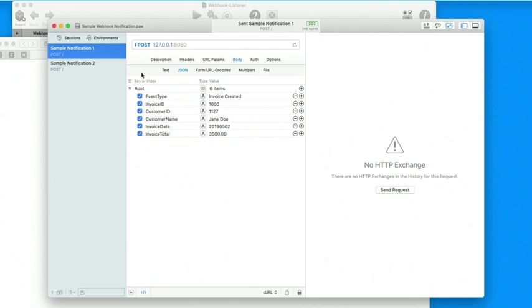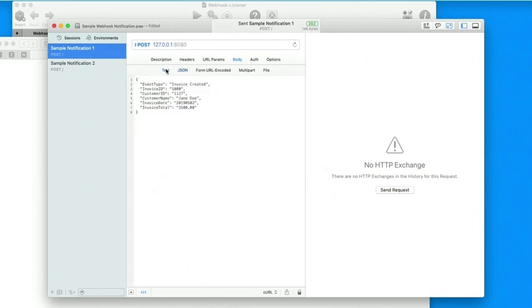POST to the app that's running. Now, this is all running locally on my machine here. So I'm going to send it to that app that you saw me just launch. I'm just going to send this payload, which actually is just a JSON. I know it's probably hard for you guys to see it in the back, but it's just a JSON encoded payload. And when I send it,